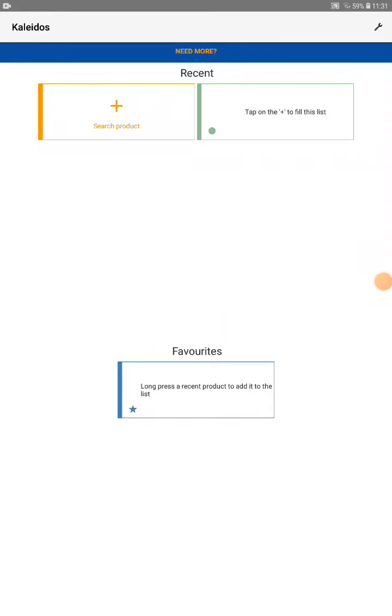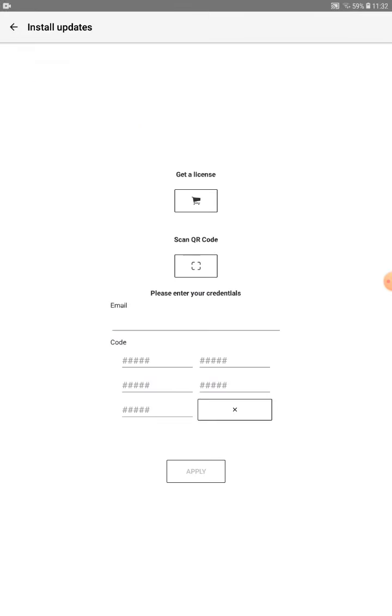Now that we have configured the app, we will download the database and take a closer look at the contents. To access the database, you need to purchase a license, and you can do so within the app or by contacting us at info@big.be. Within the app, just click on the blue banner Need More, and this will take you straight to the account